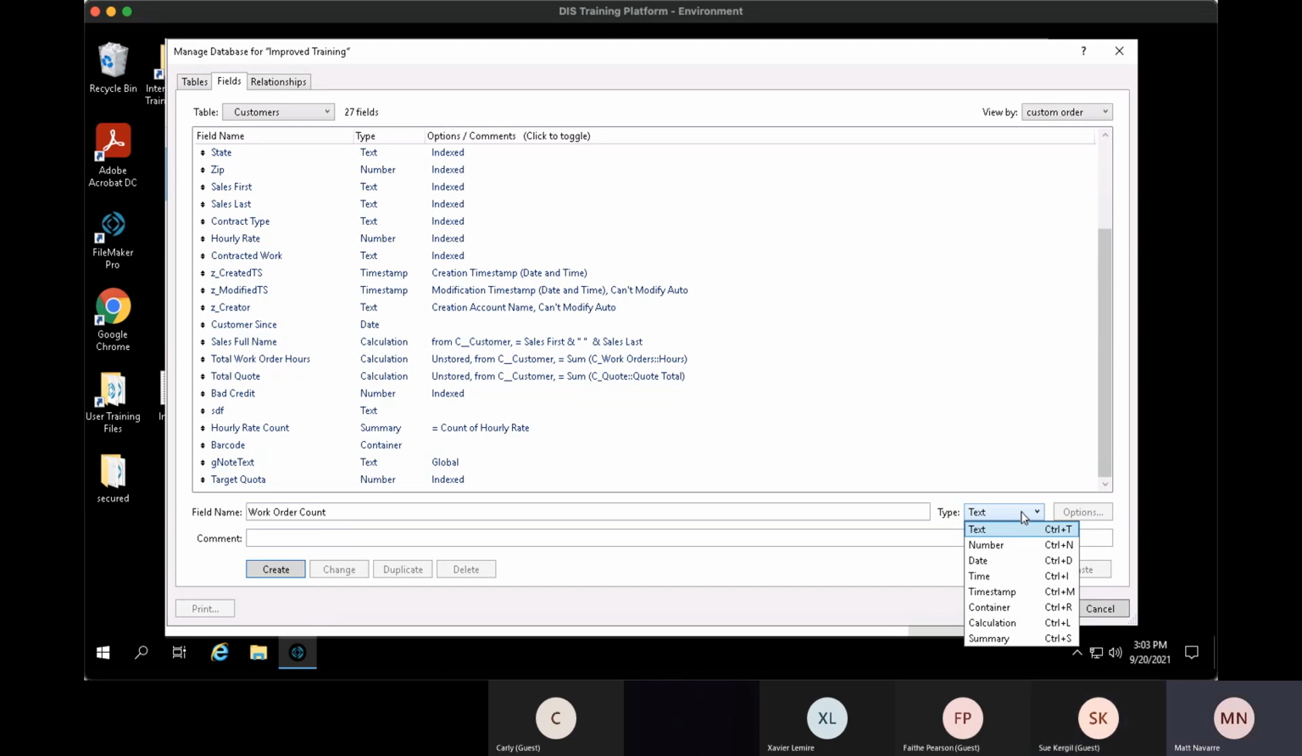Anyone know what field type? A number? Yes, except it's actually a special kind of number. It's a calculation number. If I just make it a number field,